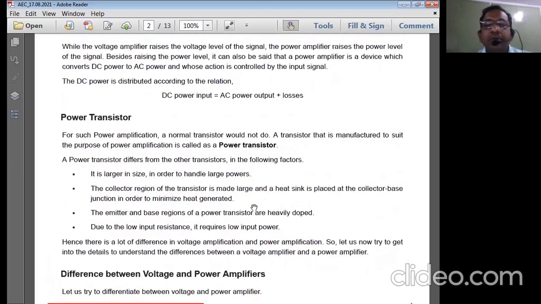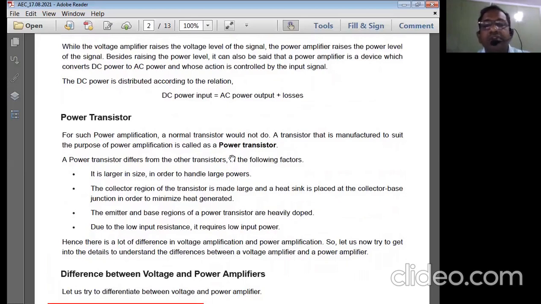Just now we discussed the power amplifier is normally used to amplify the input voltage, which is at a range of 1 volt to around 5 volts. That means the input voltage itself is going to be high. That means the power amplifier has to process the large signals. Therefore, it comes under the large signal amplifiers.